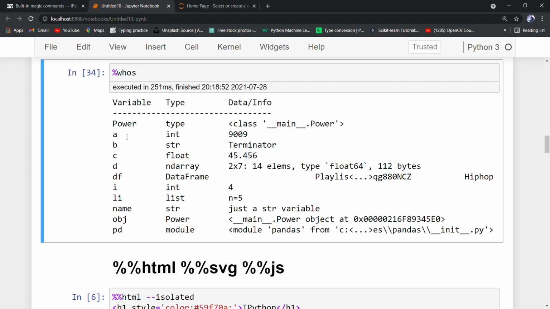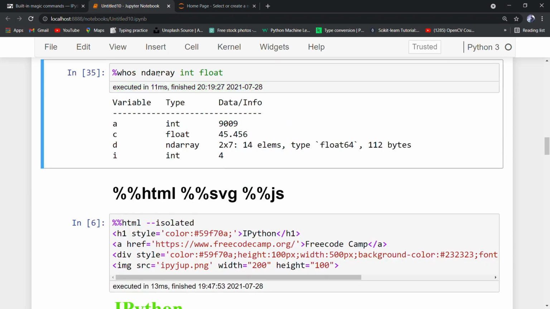The second variable is a, which has the type int and the value 9009, and so on. And we can also pass multiple arguments like the first two. So we can see that we get the ndarray, int, and the float. These 3 magic functions are very useful because we can get the list of all the elements we have used in a particular project, and if any variable is redundant, we can delete it.